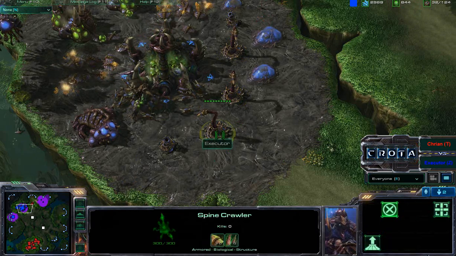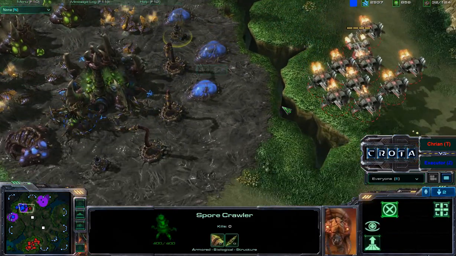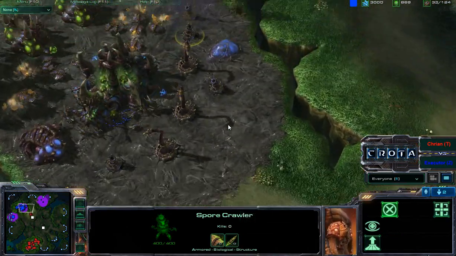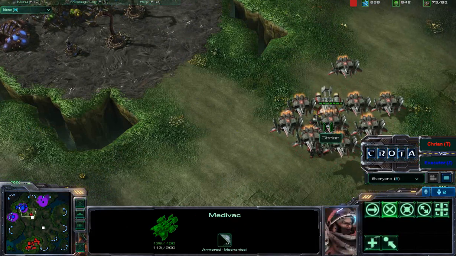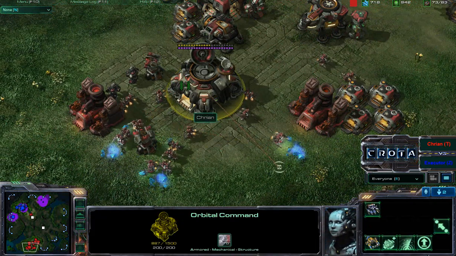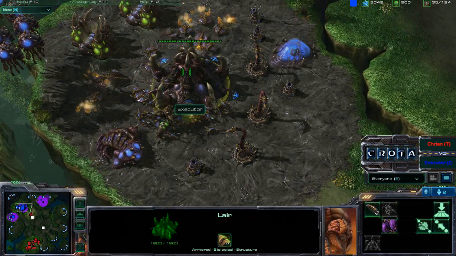Creep Tumors even are the only position where these units are able to go ahead and drop down. That Spore Crawler deals 15 damage and has a fairly high rate of attack. Vikings now, a single medevac with those Marauders now going to move on out, and really Chrian needs to take an additional expansion, otherwise he just may get steamrolled by Executor, thinking that he already